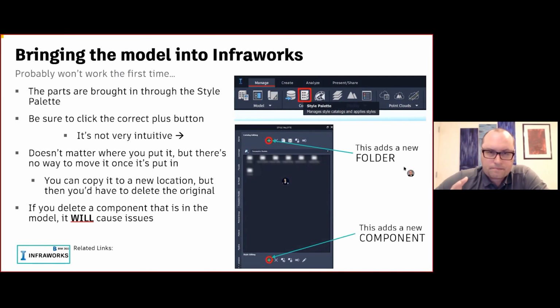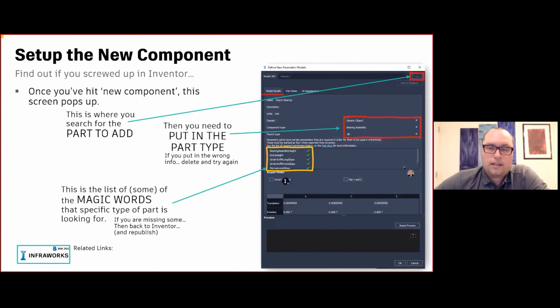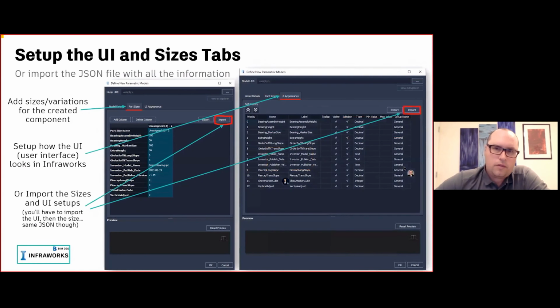Yeah, so once you get into InfraWorks, it's not intuitive. This slide is just something to refer back to later. They don't have it quite as a live connection. So unfortunately, once you put a part into there, if you want to change it and add some parameters to it, you have to republish it, re-put it in there, swap components to be the other ones. And you have to push the import button a couple different times in different places in the right order to get it to work. So it's not as intuitive as it could be on the InfraWorks side, but it's still very good. Go ahead.